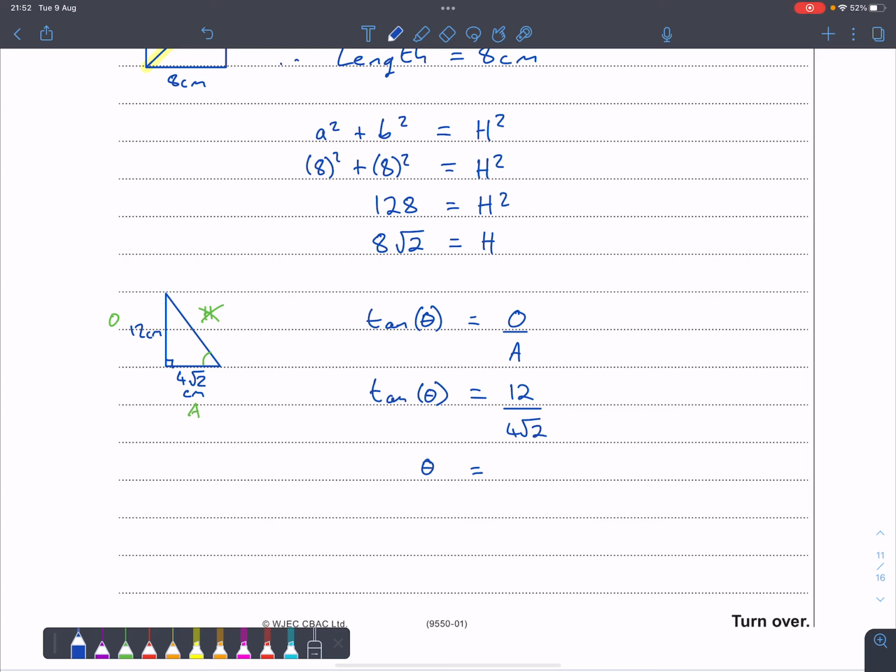And then to find out what theta is, I just need to find the inverse tan of 12 over 4 root 2, which I can put into my calculator. So inverse tan of 12 over 4 root 2